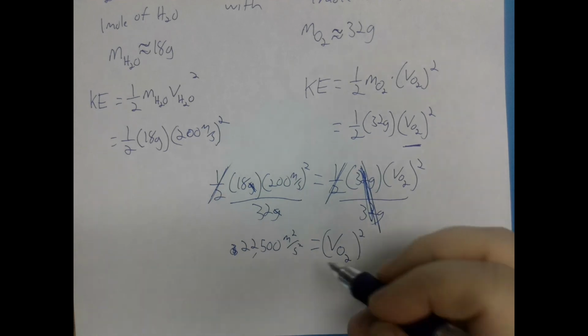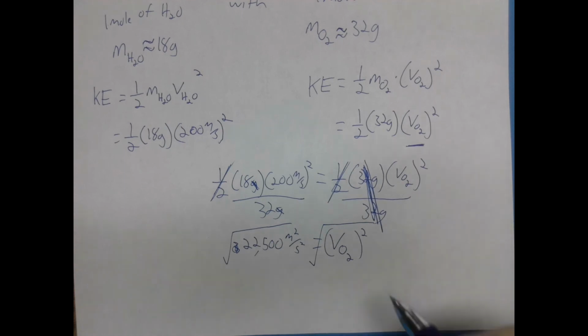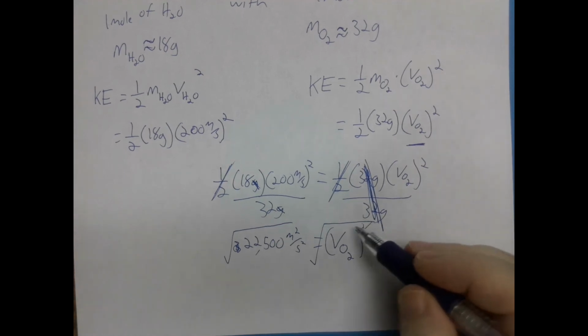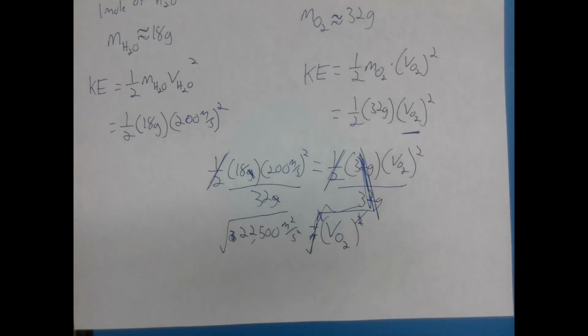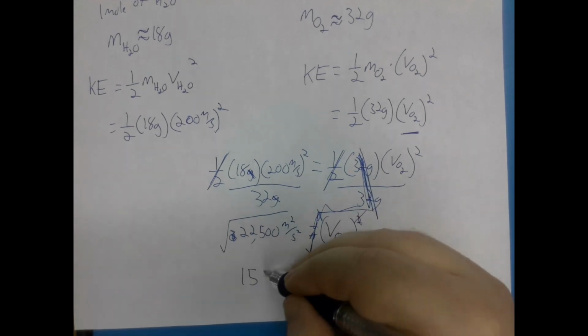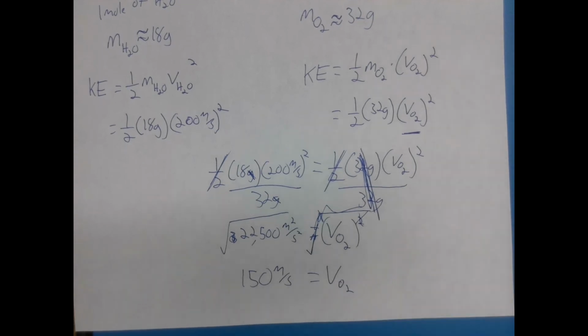To get rid of the square, we take the square root of both sides. This square cancels out with this. And so we get 150 meters per second is equal to the velocity of oxygen. So that means that if this room were replaced with O2 molecules and they were moving at 200 meters per second,